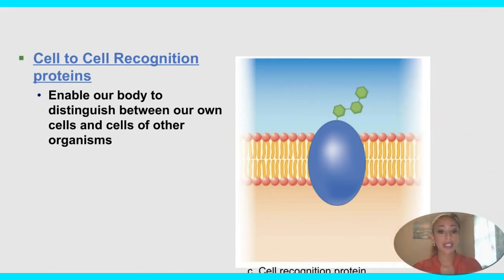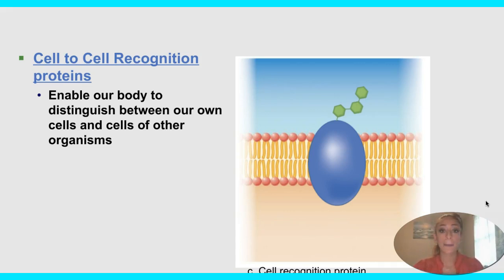As you can imagine, it's literally allowing one cell to identify another as either foreign or a part of itself. This allows for our body to distinguish what should be killed and what shouldn't be killed. So if there's a foreign invader like various viruses or bacteria, that's your cue, or that's actually your key for your body to go after it and kill it and get rid of it before it can do any damage